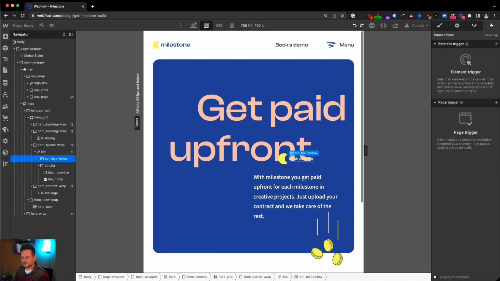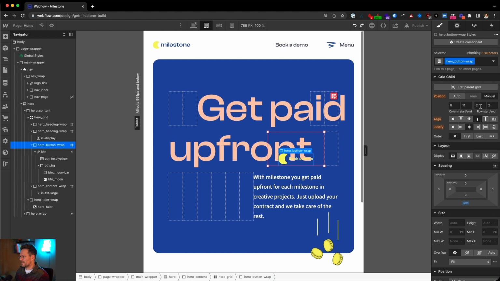So I have to do it old school. Let's move it to row 3, and let's start it at column 1 and maybe end it at column 3, or let's choose column 4 actually, and let's choose justify start.